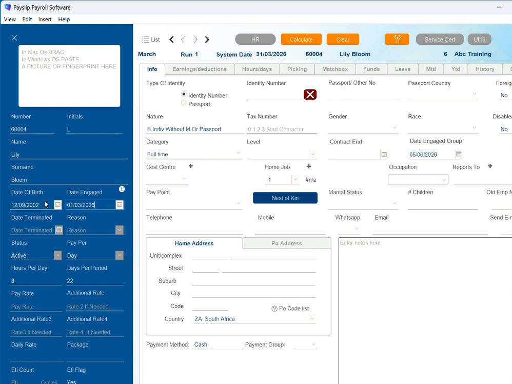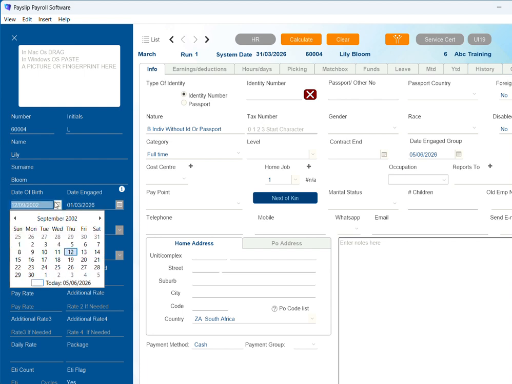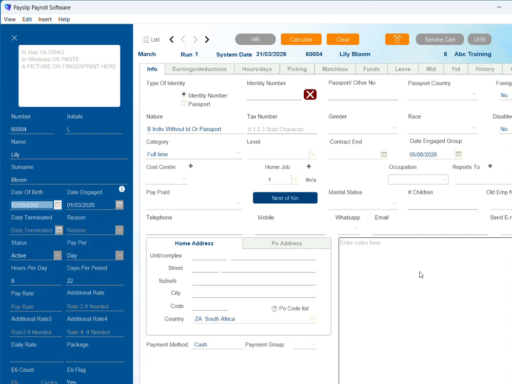You will notice all the places with dates, you have the selection to click on the calendar and then you can do your selection from there as well.